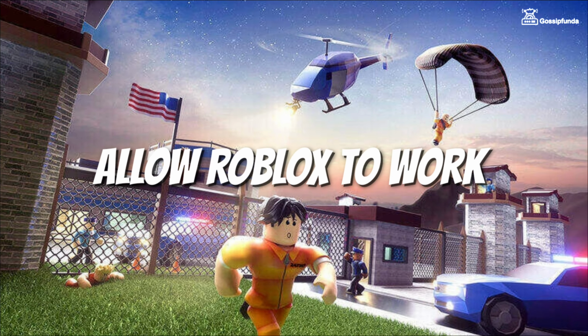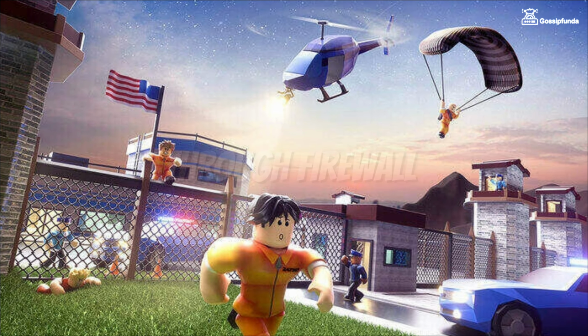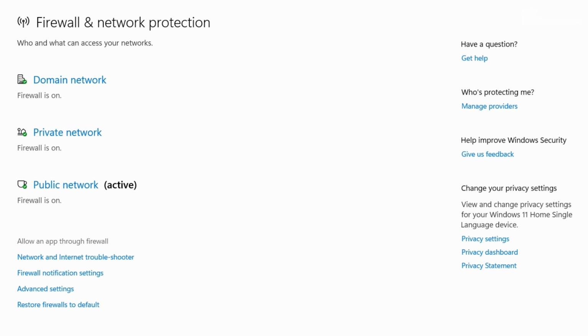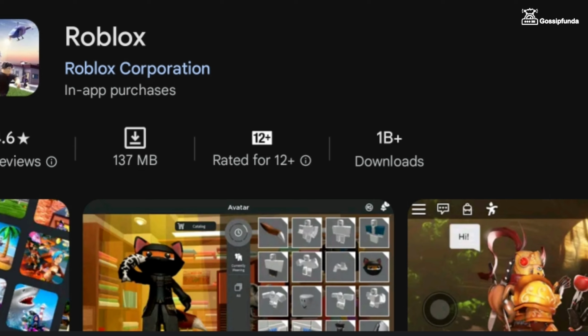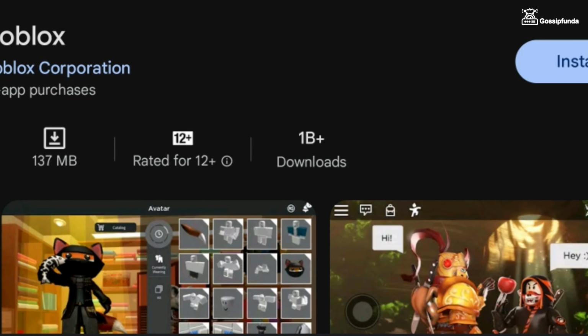Also make sure to allow the Roblox application to work through the firewall, and for that open firewall settings in control panel, and here click on this option of allow an app through firewall, and in this list select Roblox and click on OK. If this method does not work, then simply reinstall Roblox,